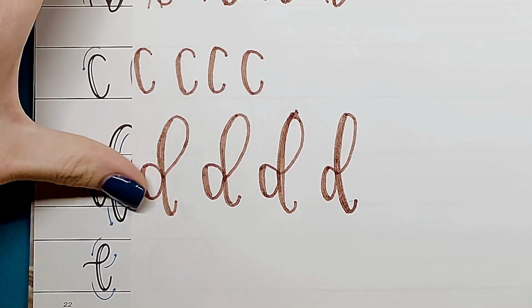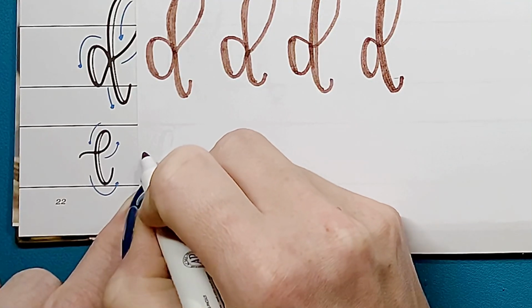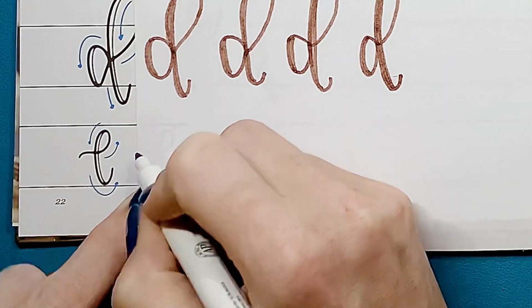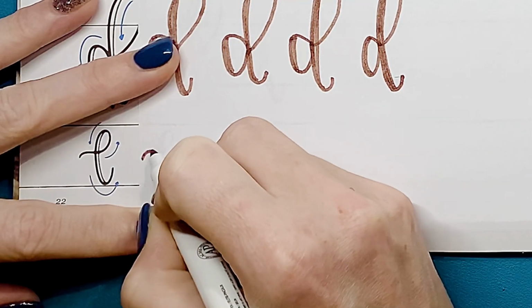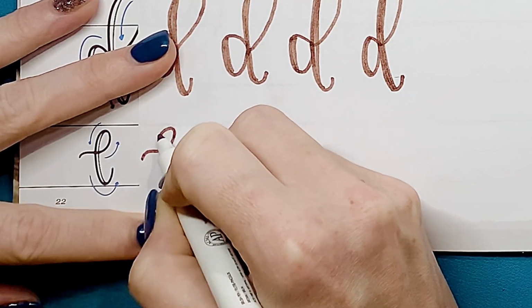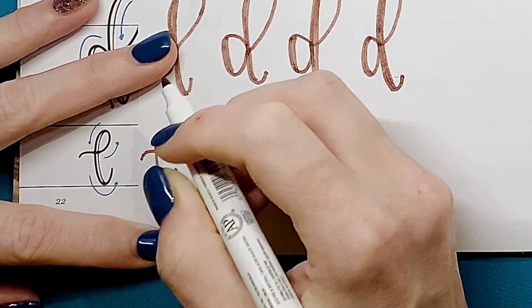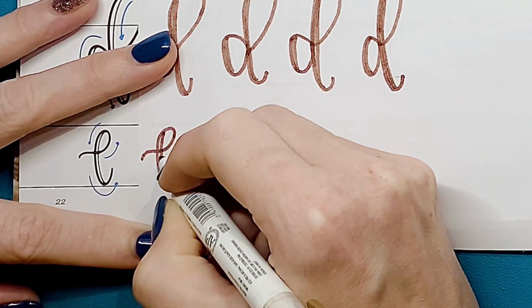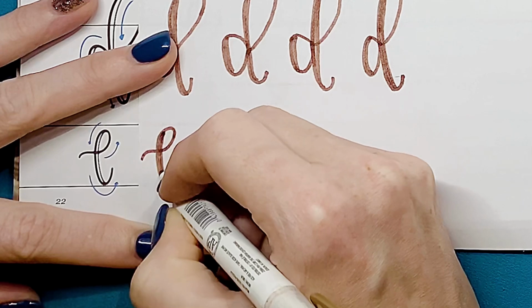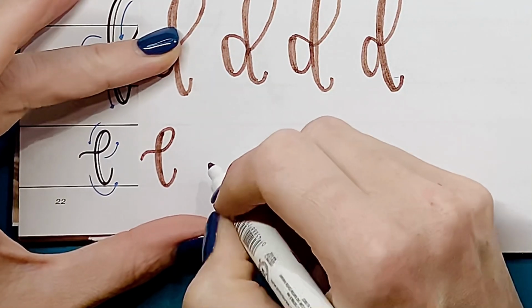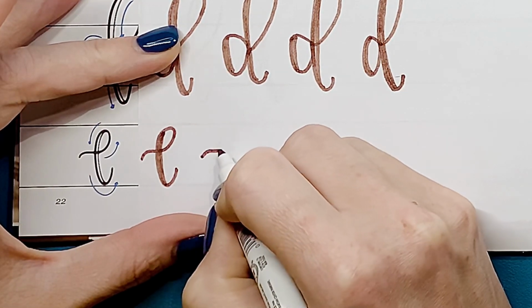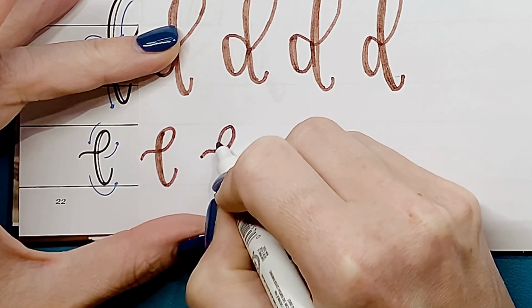All right, let's do E. So you start at the left edge, just like a little swoop, and then up and around and around. And then here is the fake brush stroke. So this is not, does it look so hard? Okay. Swooping up and around